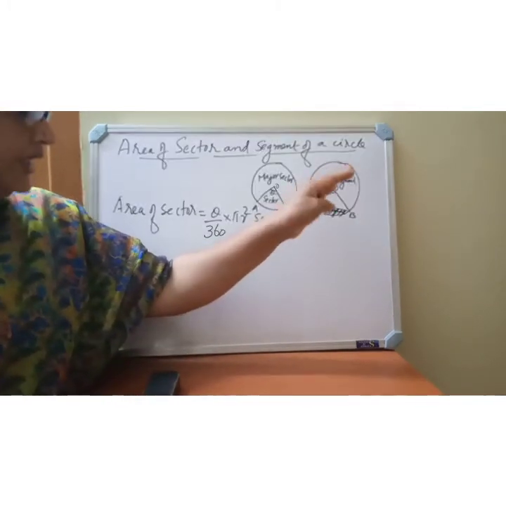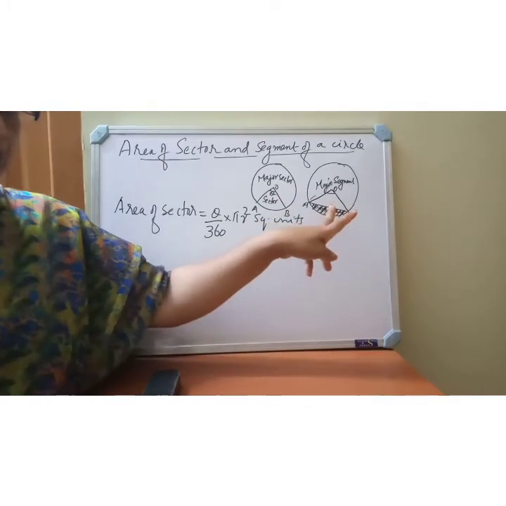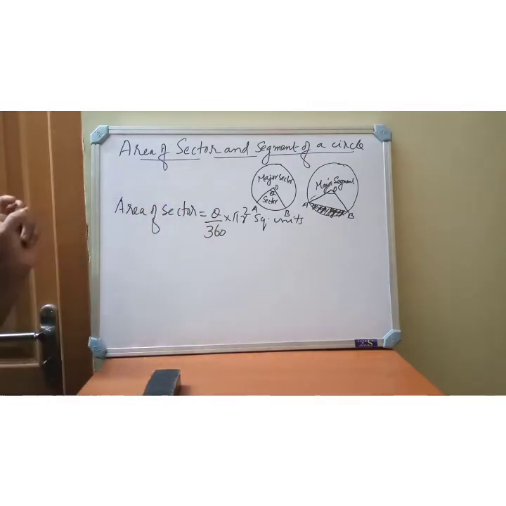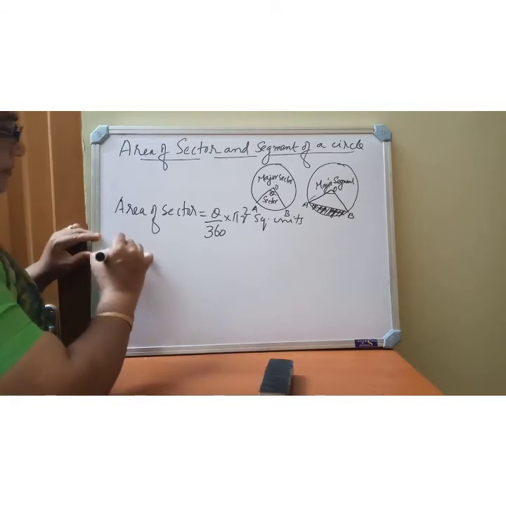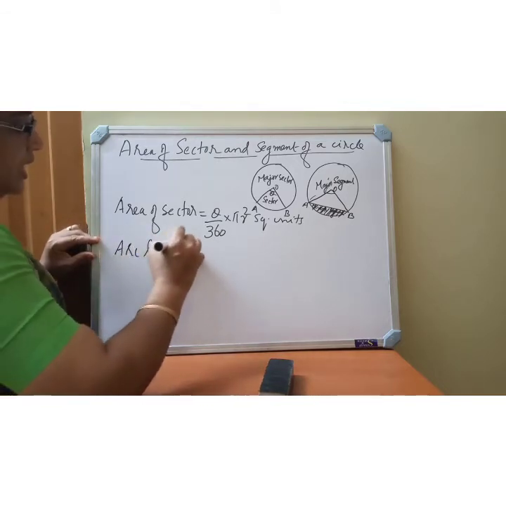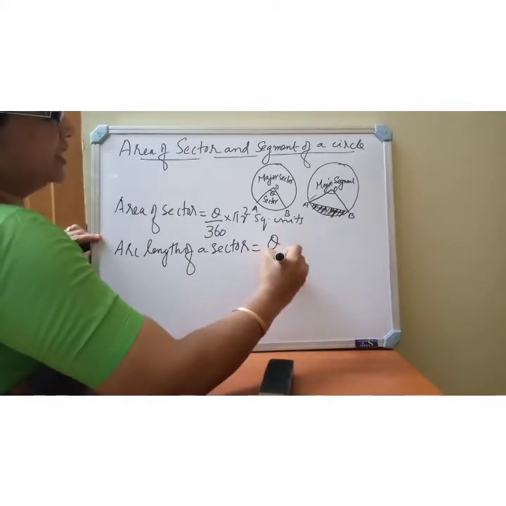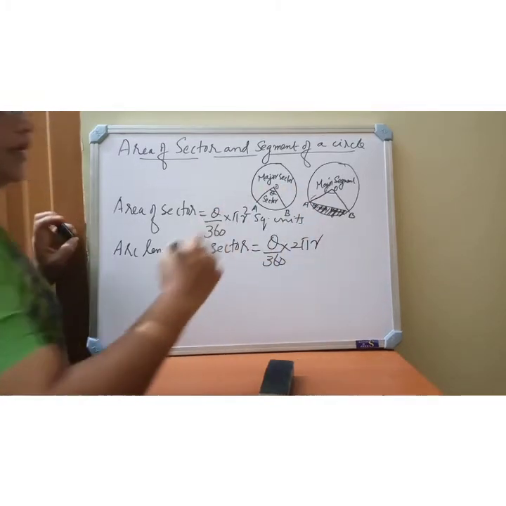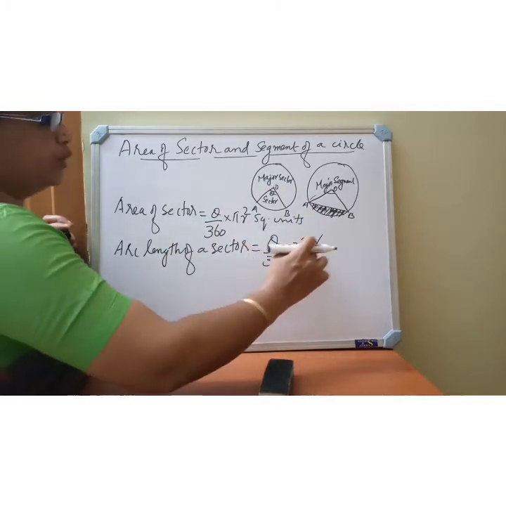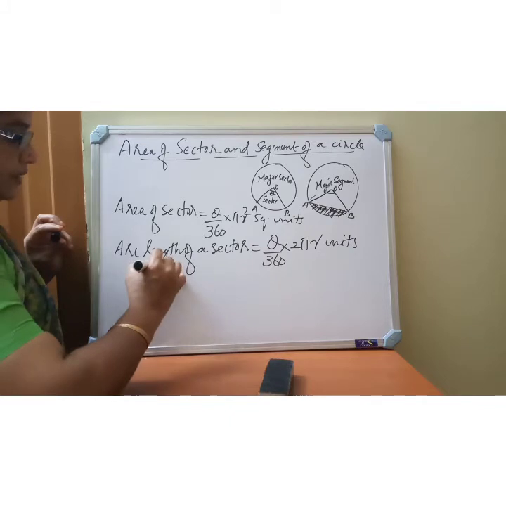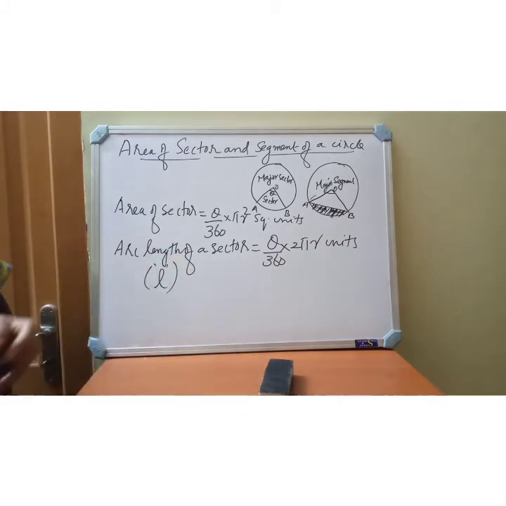Okay, so only area of sector and perimeter of sector, or perimeter of the sector we will call that, sorry, instead of perimeter, arc length you can say. Okay, arc length of a sector is equal to theta by 360 into circumference of a circle, that is perimeter of a circle. So theta by 360 into 2 pi r units. Arc length is denoted by the letter L. Arc length or length of arc of a circle, both same only.